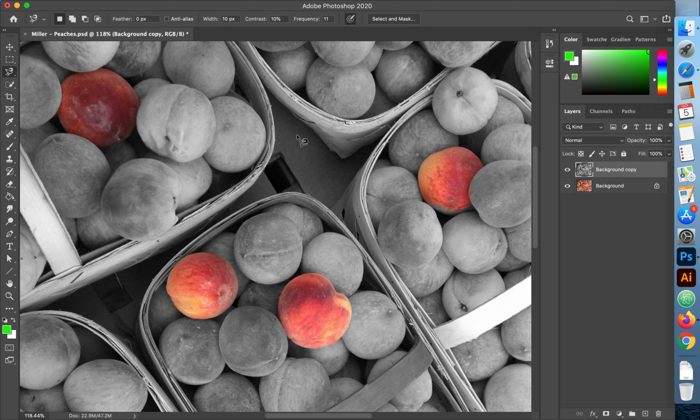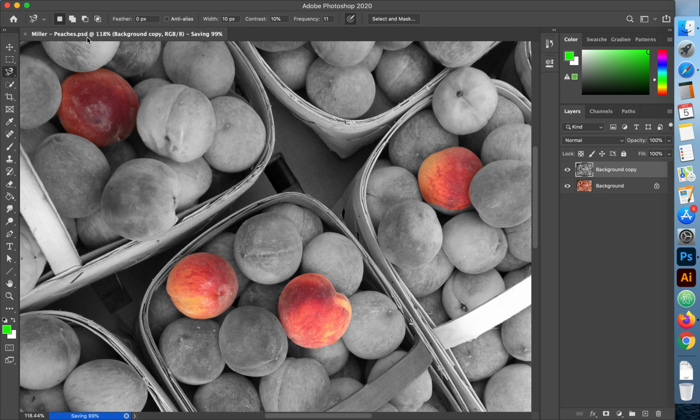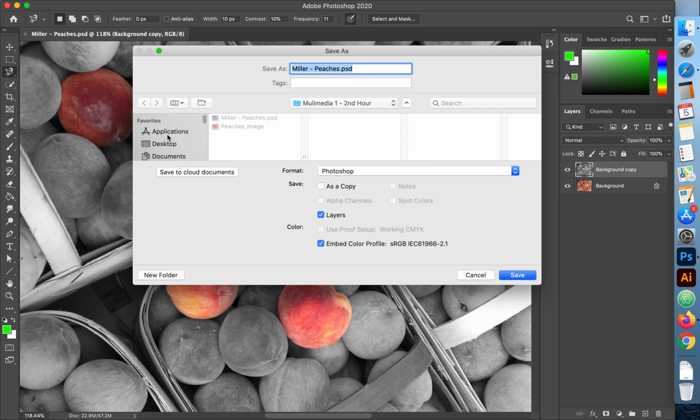Anyway, to save this file for submission to our classroom account, we're going to go up here to save to make sure that the Photoshop document is saved. And then we're going to go save as. And you can see that it pulls up the millerpeaches.psd. And because this is tutorial number 1, we're going to save this as Peaches1. So my name, Peaches1. And this time, because I want to be able to view this on the school account, on the Schoology